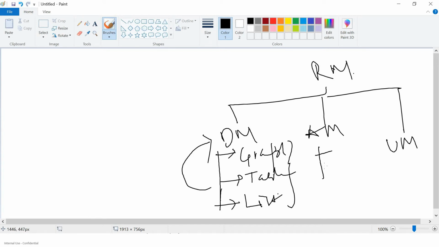Similarly, in admin, I created a profile component and an admin login component. For user, I have created a user profile component and a login component.